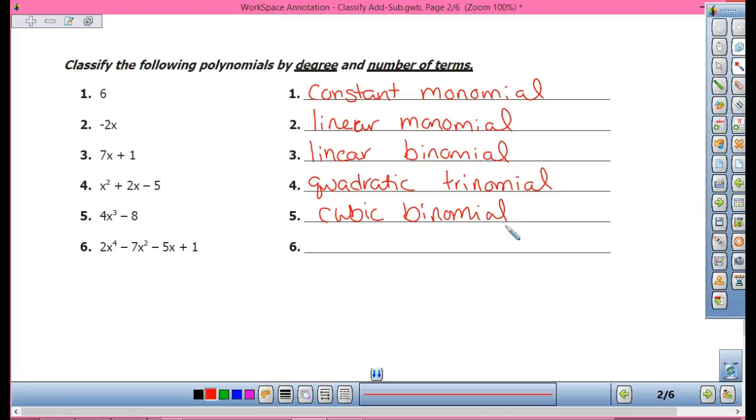Okay, and then in number 6, 4 degrees, so that makes it a quartic. And there's 4 or more terms, so it's just a quartic polynomial. So anytime you have 4 or more,